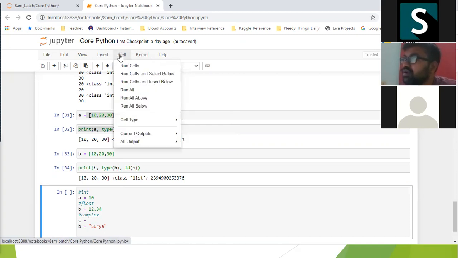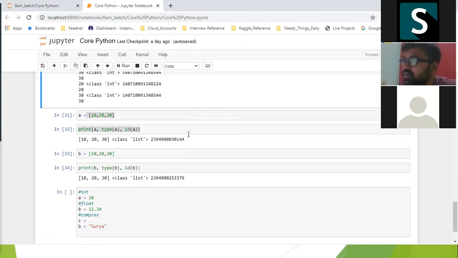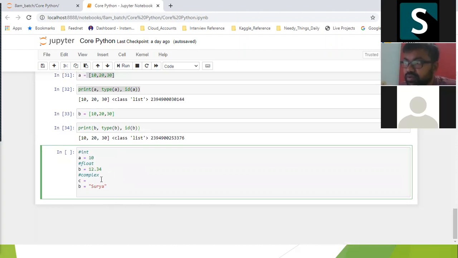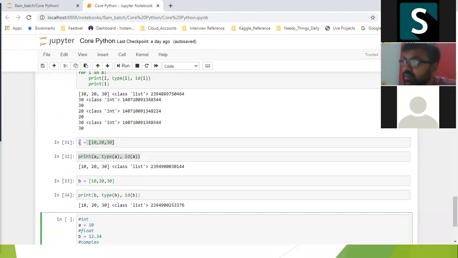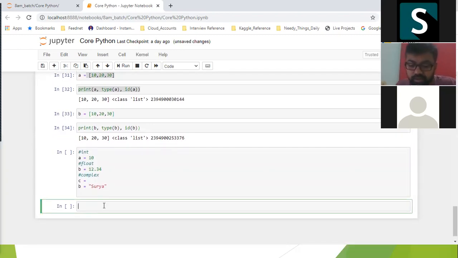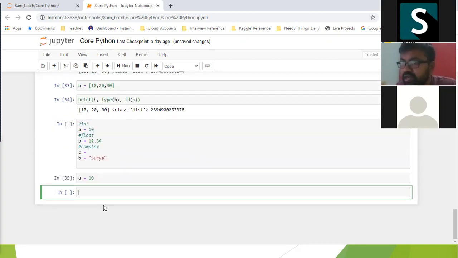You gave a equal to 10 in one line. Oh, I can press shift enter, which executes the previous one and creates the new line. Okay.